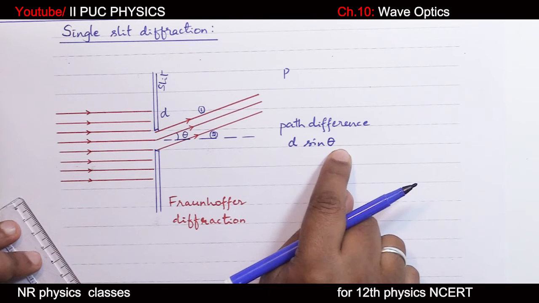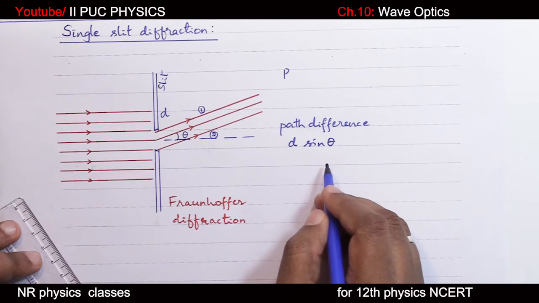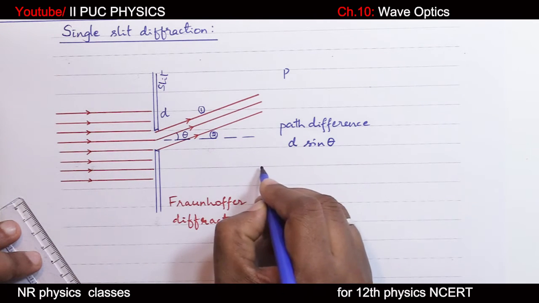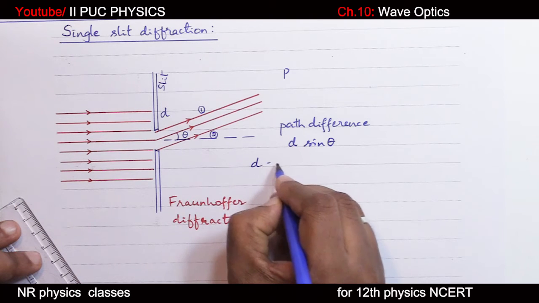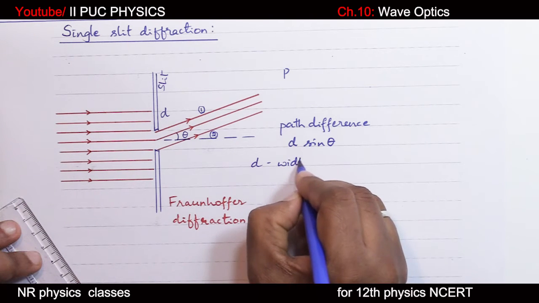So d sine theta gives the path difference, where d is the width of the slit